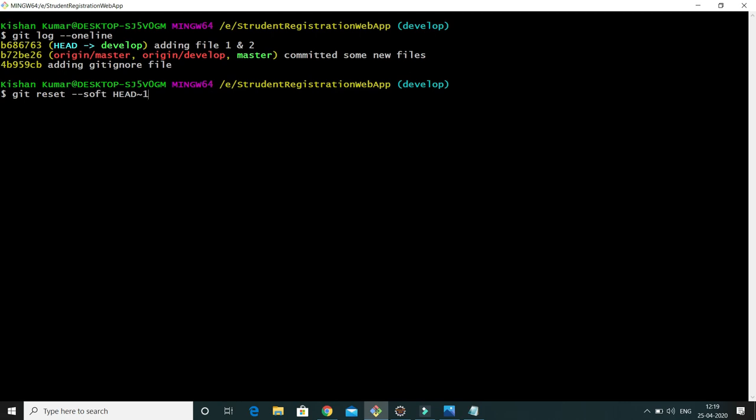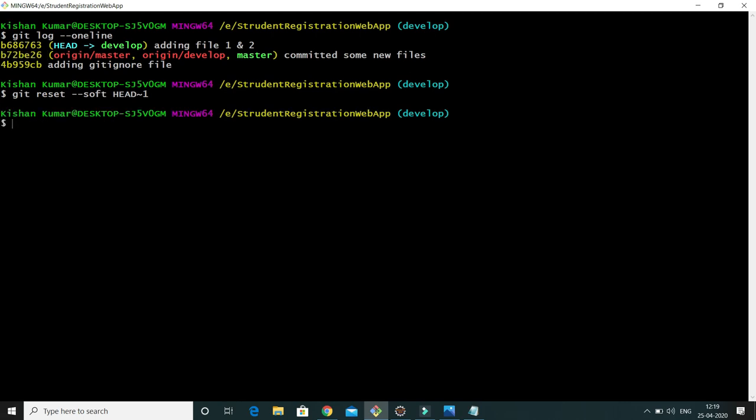That means this is HEAD~1. Once I issue this command, this commit will be reset. Afterwards your HEAD will point to this commit, and all those files which were committed in the local repository will be removed from the local repository, but they will be available in the staging area as well as the working tree.